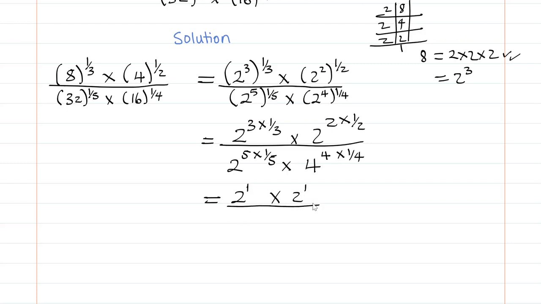over 2 to the power 5 times 1 out of 5. The 5 and the 5 cancel. So we shall have 1 times